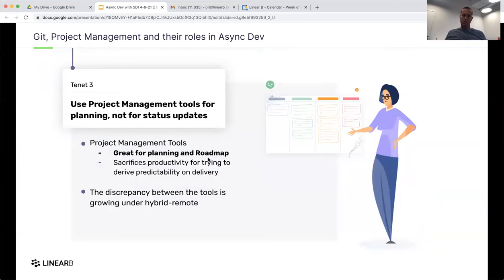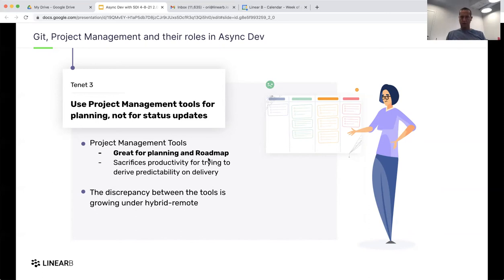Tenet number 3 talks about the role of project management tools, which is super important, but it's important in everything that happens in the planning phase, in choosing what to work on, in defining the scope. Once the week starts or the iteration kicks in, the discrepancy between the systems we talked about only gets worse, right? You might start with a synchronized version, but once the work starts and things are getting pushed and PRs are getting merged and even released and deployed, it's hard to keep track and keep updating the status of tasks. So the discrepancy between the project management tools and the Git tools only grows as the iteration or the week continues.